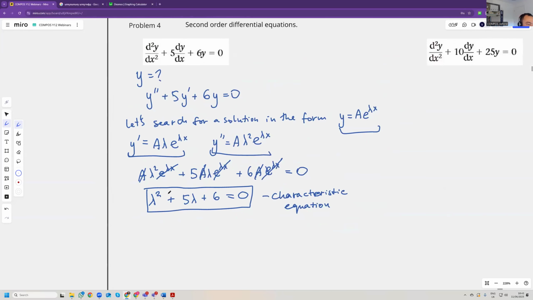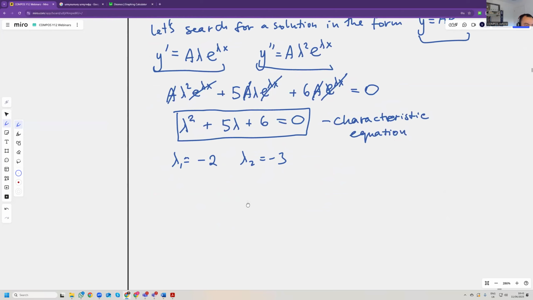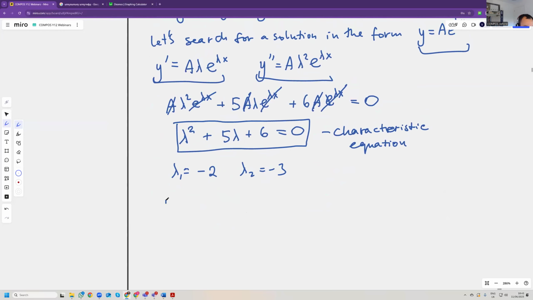And then we can solve it. Of course, we know that lambda 1 is equal to -2, and lambda 2 is -3. Is it? Yeah, -2 and -3. And therefore, y would be equal to